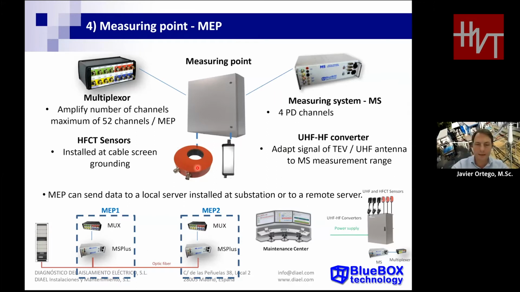The typical installation for a substation is using one measuring point like this, and we can also combine more than one box. Like in this example here, we have 2 measuring points. The measuring points will be connected through optical fiber link, so we can install the instrumentation in any place in the substation, and the communication will be done with a computer in a rack cabinet that will manage all the acquisition and will process all the signals.